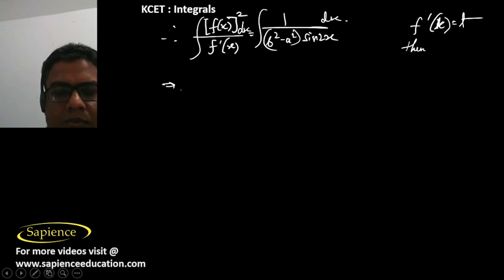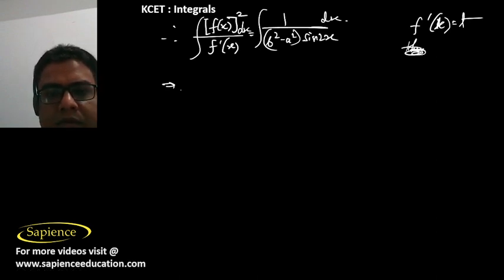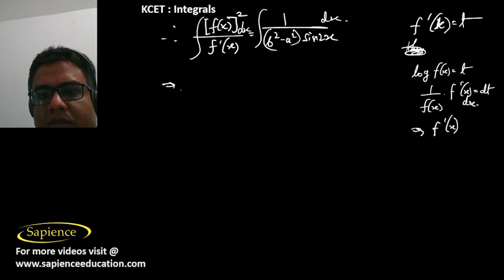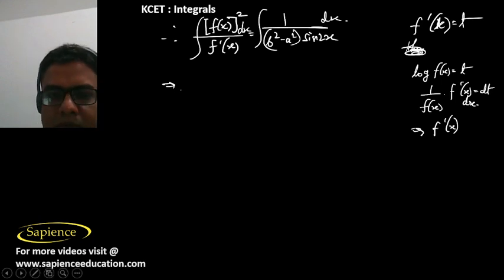Okay, so here, if we take log of f of x as t, then 1 by f of x into f dash x is equal to dt. So it means I can say f dash x into dx is equal to dt. So we can say that